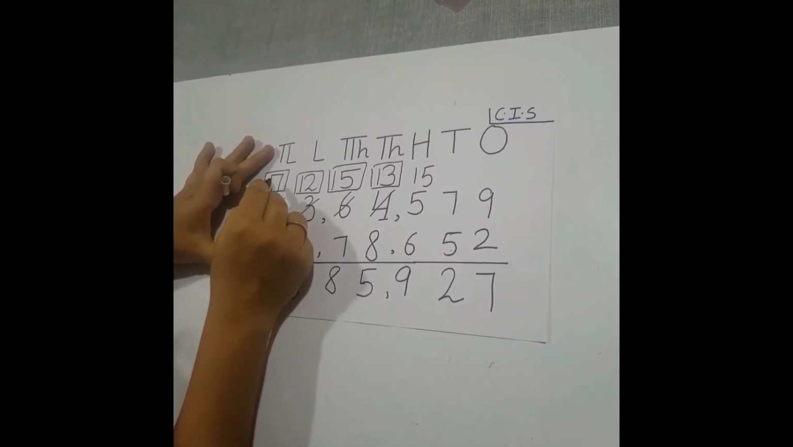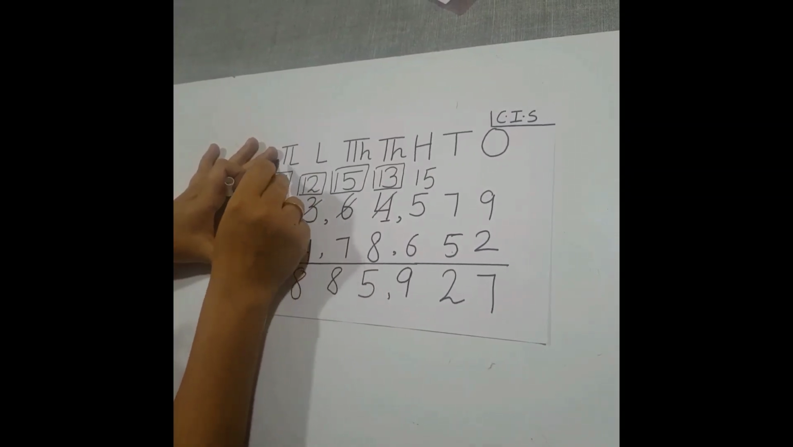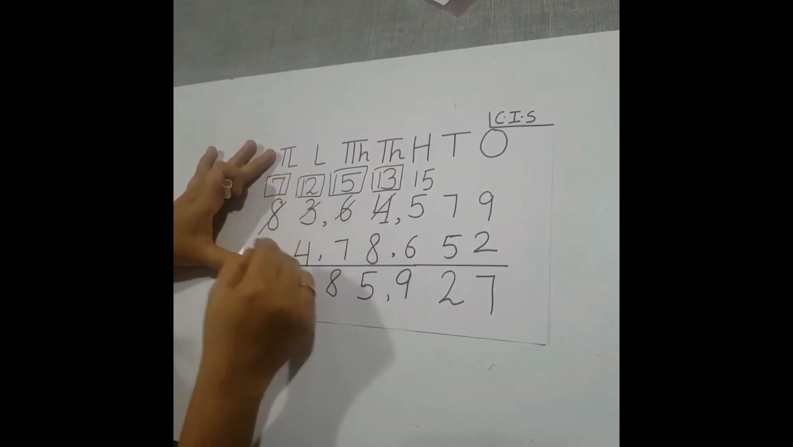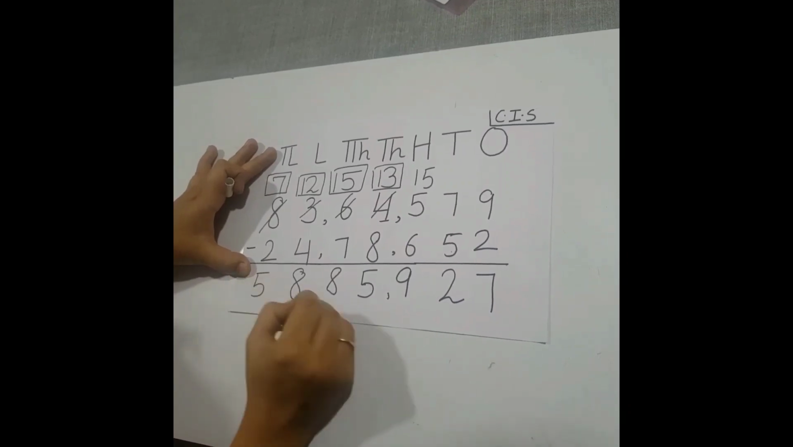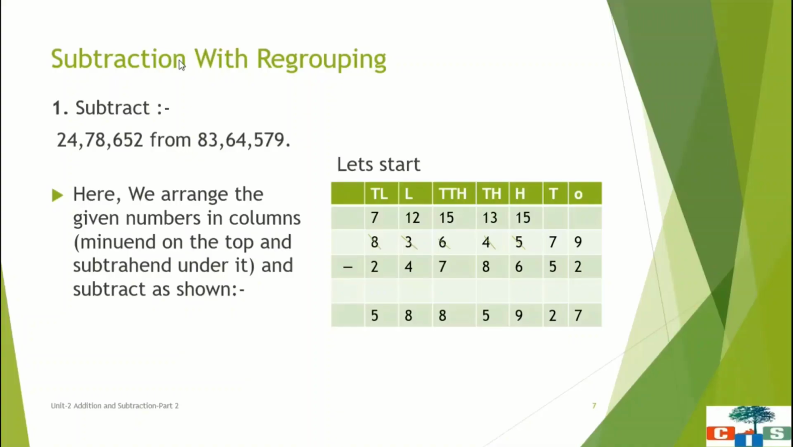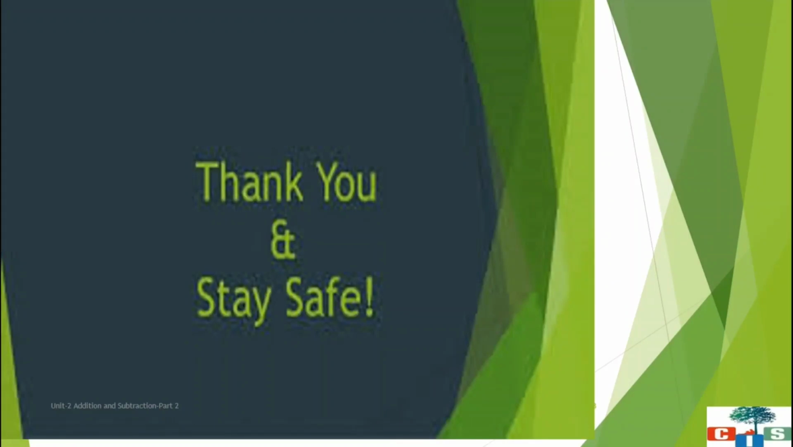And then we will go to the next higher place value, that is at 10 lakhs, that is 7 minus 2 is 5. So the difference is 58,85,927. Now in our next video we will discuss word